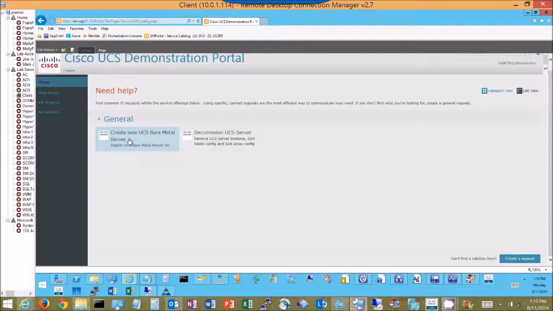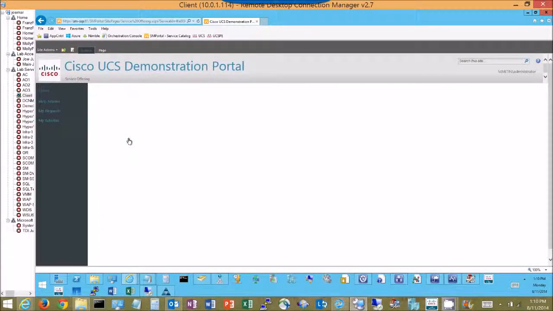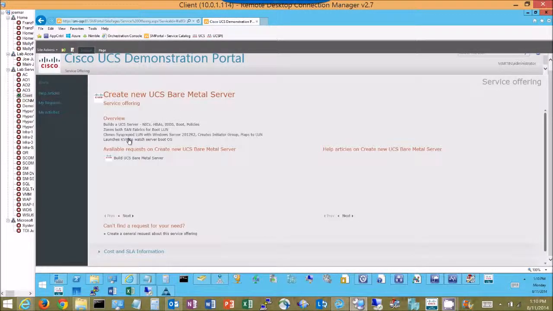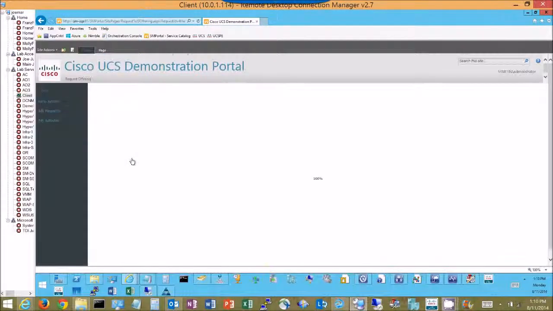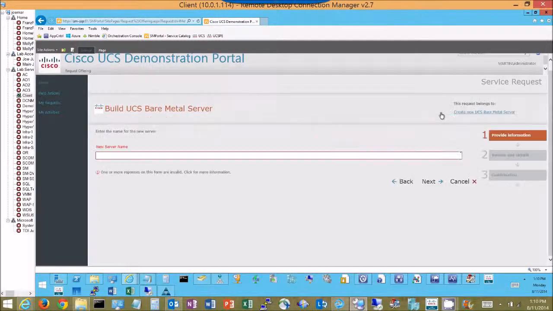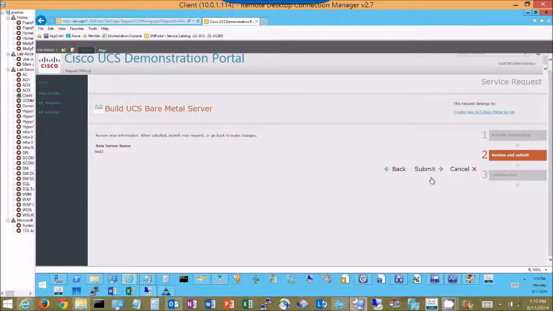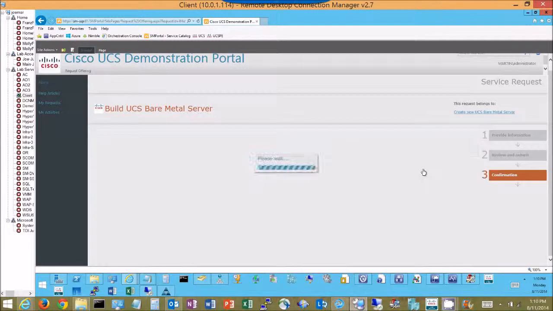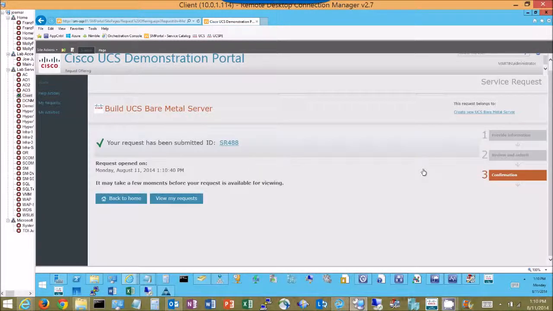In this event, I simply select the service offering. It pulls up the page, tells me a little bit about it, and then I say, yes, I actually want to go ahead and build a bare metal server. I go to the request form. From here, I simply provide the name of the server. I can call this, for example, server test 2, and select next. It's the only thing I needed to provide. I hit submit, and now that job is off and running. The request has been submitted. It's service request